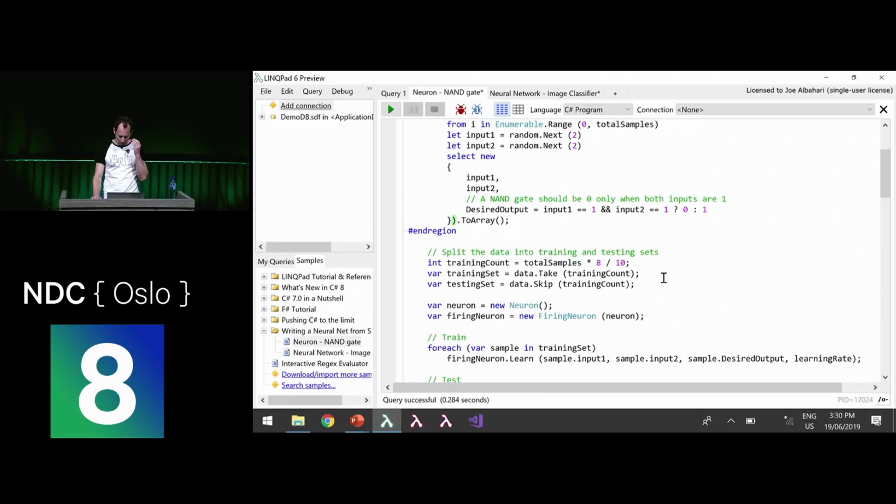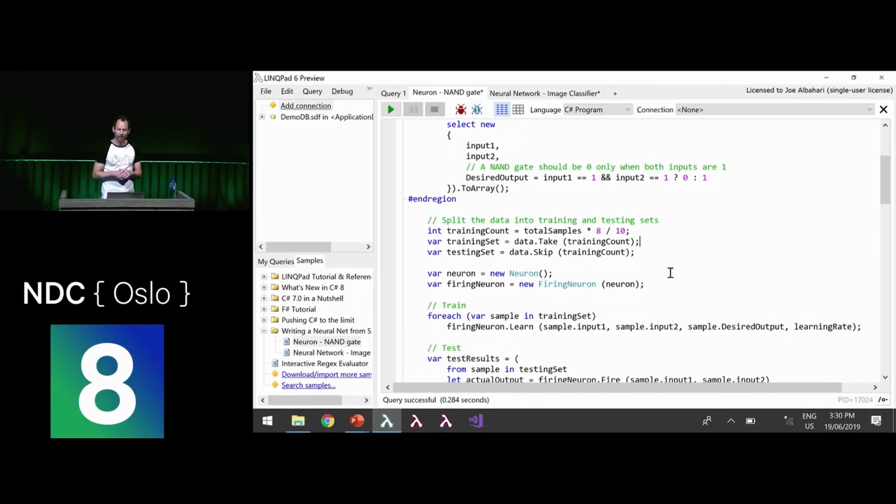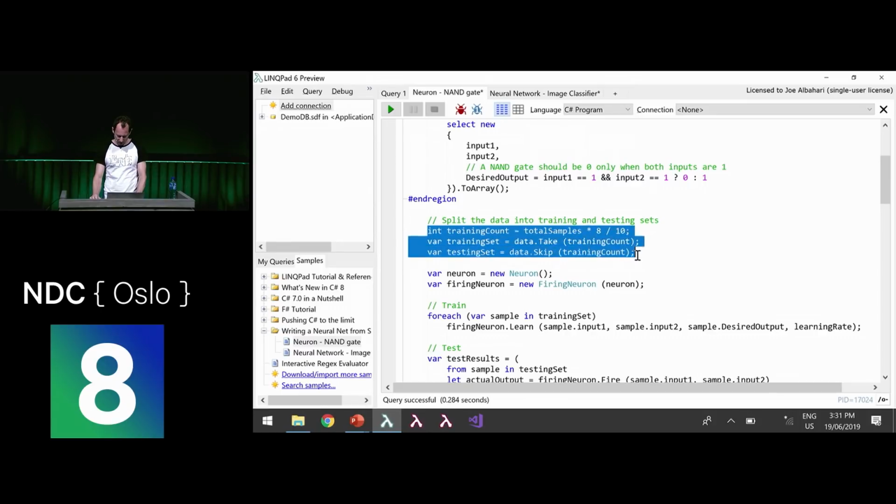The next thing we need to do is separate it into training and test data, because it's no good if we use all our data to train it, since then we won't know how well it performs in the real world. It might work really well with the data that we've trained it with, but when we give it data it's never seen before, it screws up. So we need to know that it can generalize to stuff it hasn't seen. We usually take 20% of the data, lock it away as our test data, and the rest is our training data. We're going to use 80% for training. So basically we're splitting it up into training and test data.